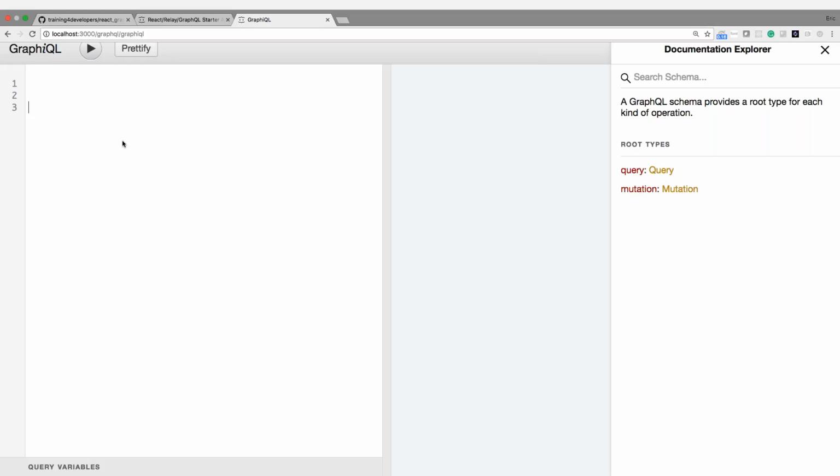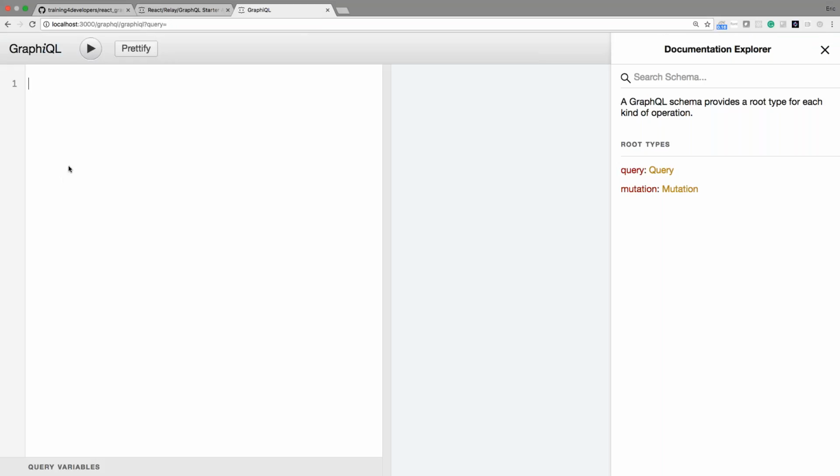This actually comes free as part of the actual GraphQL library. So what we're going to do is we're going to come in here and actually write some actual graphical code here. And what we're going to do is type in query, and then we're going to say books. So we have our books, and then we're going to come into here, and we're going to say ID and